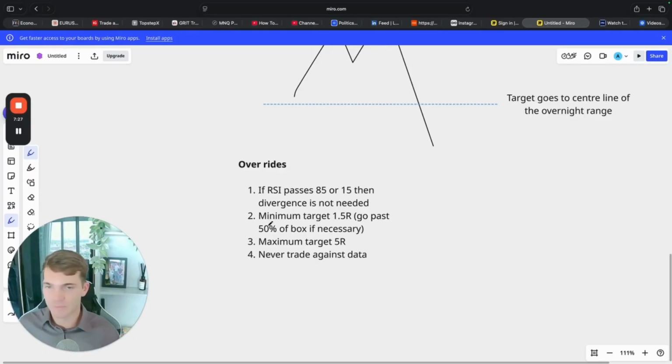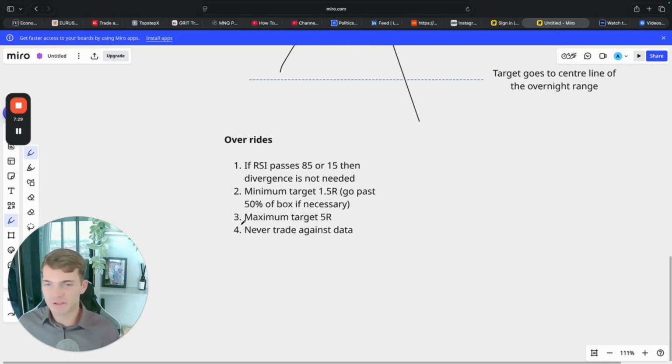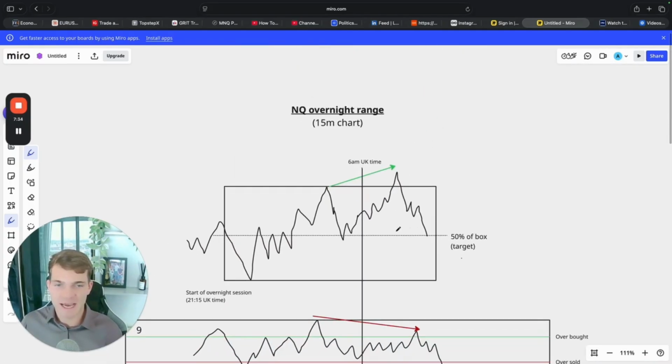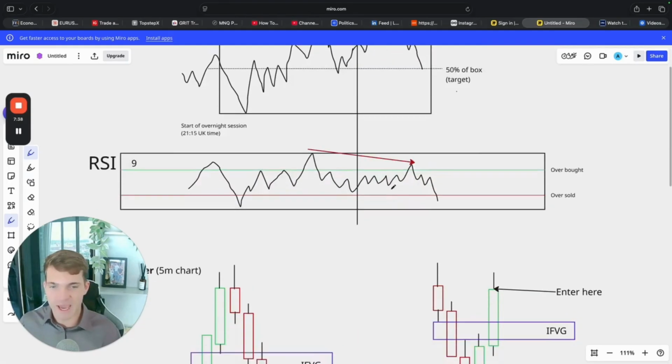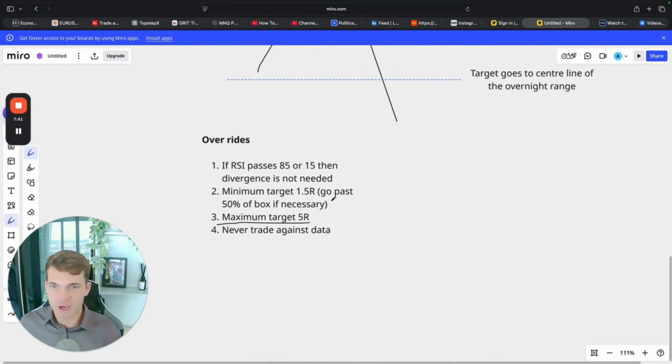Okay, awesome. The other important thing to note here is sometimes, it's very rare, but you'll get a trade where you're trading back down to the 0.5 of the range, which has got massive risk to reward, okay? But it's very important that you don't go over a 5R, because this, from all the back testing that I've done, is detrimental to the profits. Often you'll see this come down to around 5R, and then it will reverse on you. And watching 5R disappear from your P&L is excruciating pain, and you should never be letting these types of profits